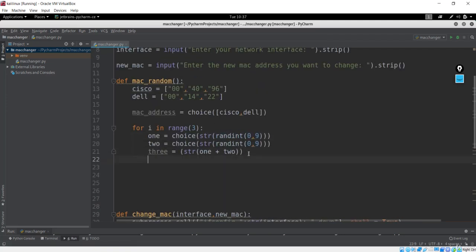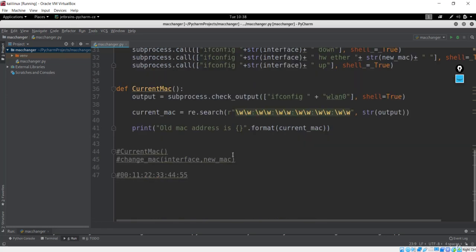So the next thing is very important, and now the next thing will be to append to this MAC addresses that we just created over here. So you could see this will be MAC address, and I have to append, because this is the list, and I want to append, let me say this 3. So this should be 3, that should be appended to MAC addresses. But if you remember, till now we are also making all of these numbers but without this colon in between them. So we made successfully this number which will be random, but they don't have this colon in between this number. So now we have to make this colon in between them.